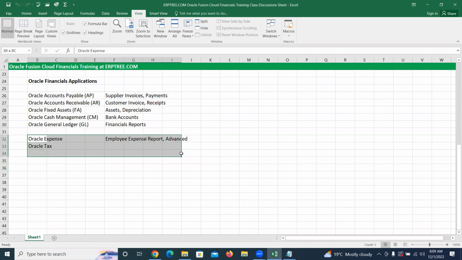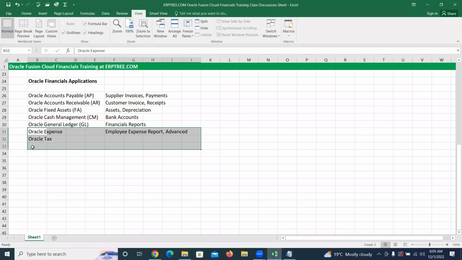Just let me include here itself. The few other applications we have to go through, like Oracle. You can take the name as a Fusion, no issues. Here also you can include everywhere Fusion, but since we didn't discuss what is the meaning of Fusion, I am not including. No issues, you can take it. In today's session, we are going to talk about what is the meaning of Fusion. So Oracle Fusion,